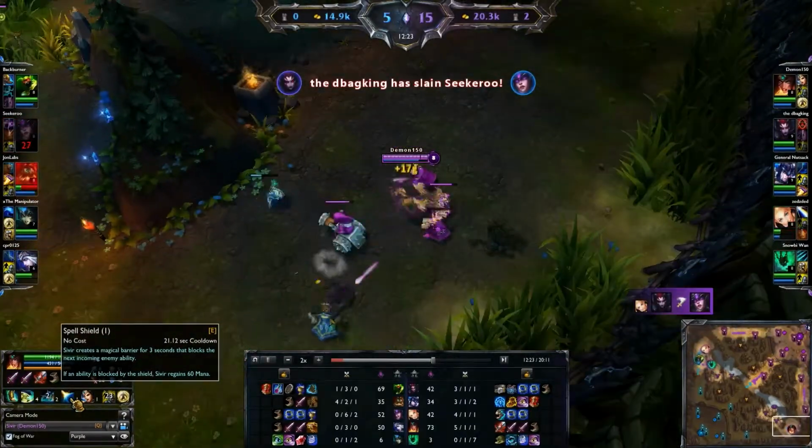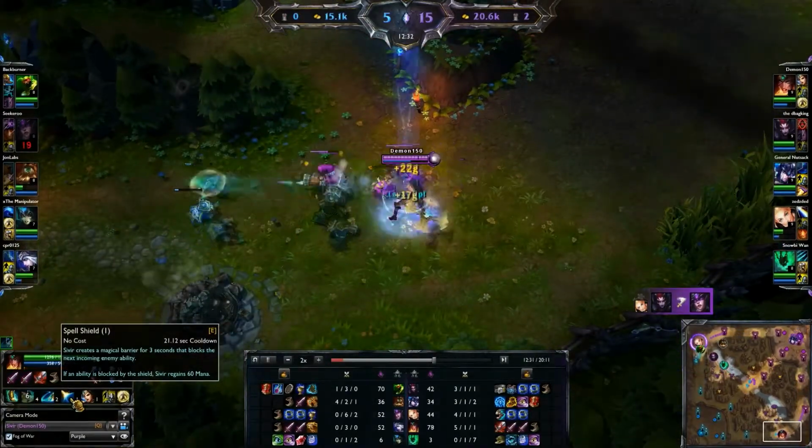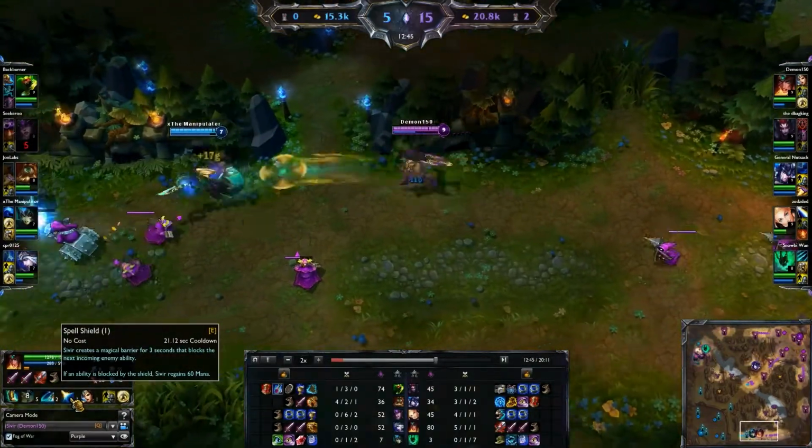Some of these big time crowd controls, if Sivir can properly use her spell shield, she can eat that mana. It also makes her really good in certain lane matchups, like Sona with her Q poke. Sona's going to run at you, she's going to hit Q over and over again and get that poke off. Well, with Sivir, it's very, very predictable when...